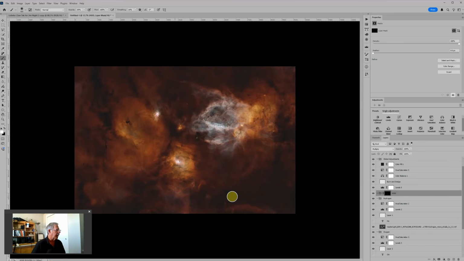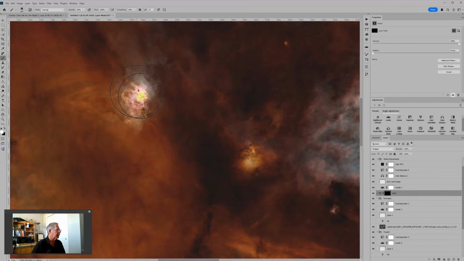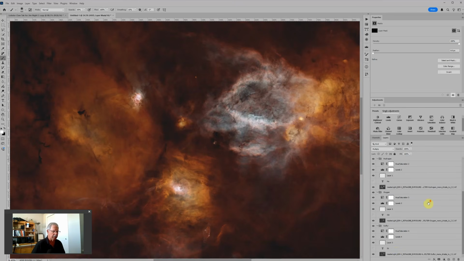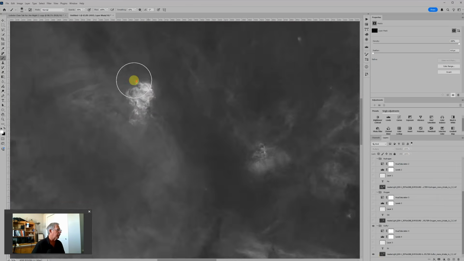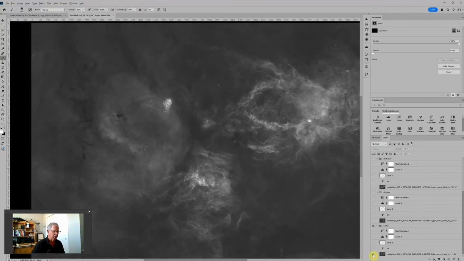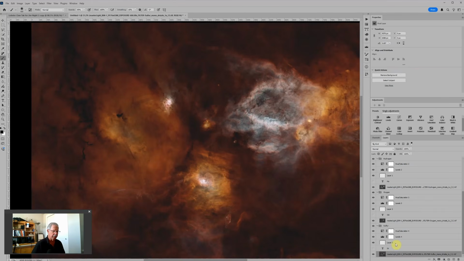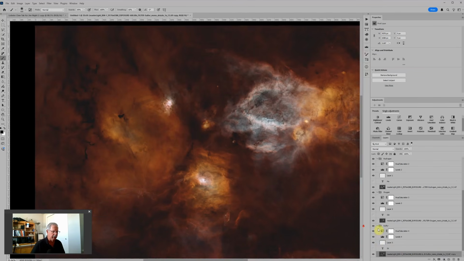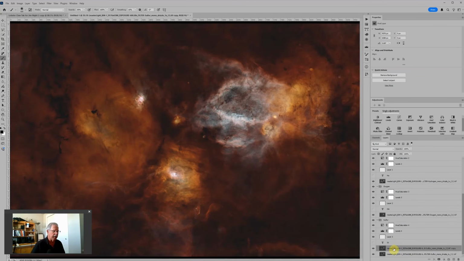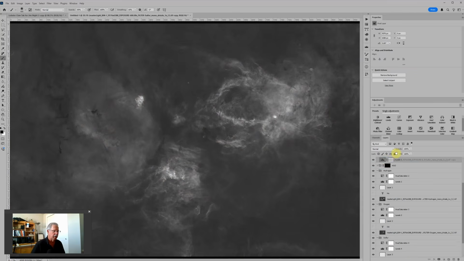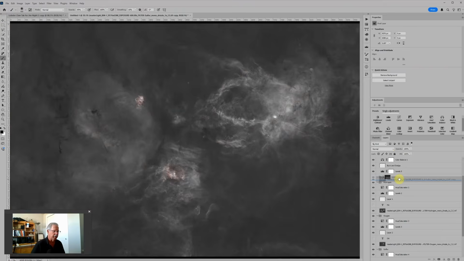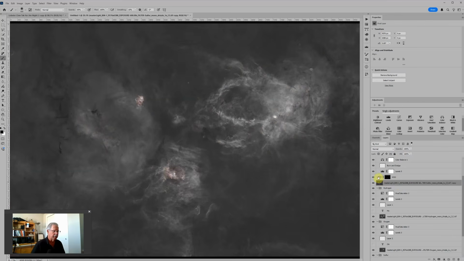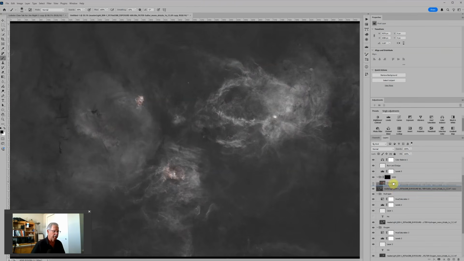That just brings a little bit more data back. This is still lacking a little bit of detail, and I believe if we look at just the sulfur, we do have data throughout in sulfur. So I'm going to make a copy of the sulfur layer, and I'm going to do that with Control-J. So now I have just made a copy of it, and I'm going to drag it up into this HOO layer. And I'm going to have to actually open the layer, drag it in,